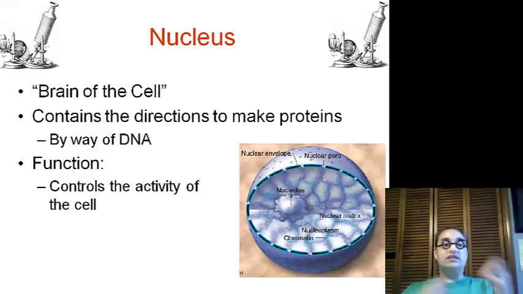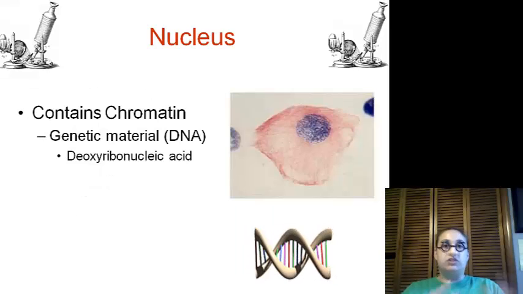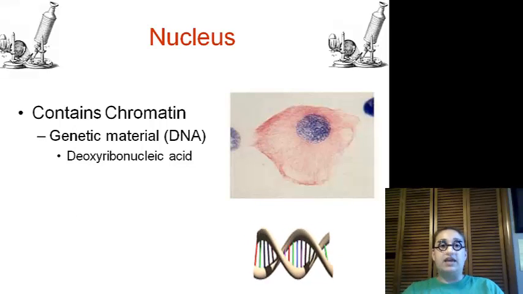the cell, contains the directions to make proteins by way of the DNA. The DNA is going to be your genetic material that tells and makes up you. Functions, it controls all portions of the cell. The nucleus again contains the chromatin, which is our genetic material, which is known as DNA, which is going to